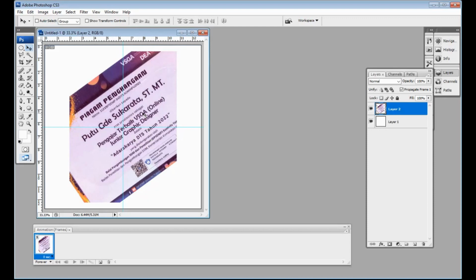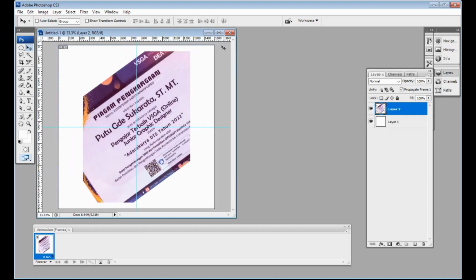But now I want to divide this image into 9 objects, each one divided by one. Yeah, we know the size is 1500 pixel width and 1500 pixel height too.